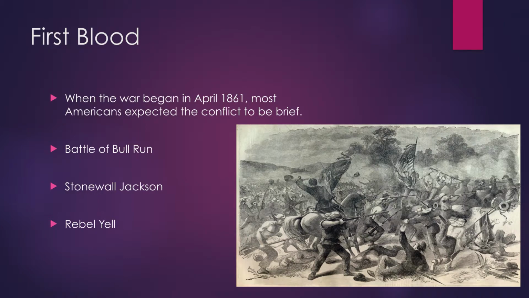The president's asking the governors of the Union states that he needs these soldiers, but only for 90 days. So he doesn't expect it to last more than 3 months. Now, when the Confederacy, the South, moved its capital to Richmond, Virginia, 100 miles from Washington, everyone expected a decisive battle to take place on the grounds between these two cities.